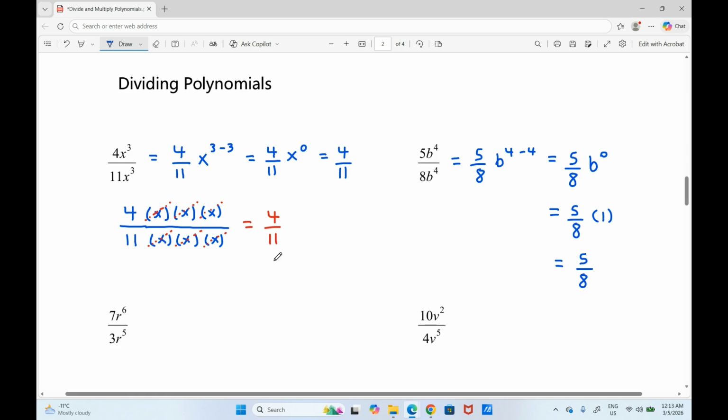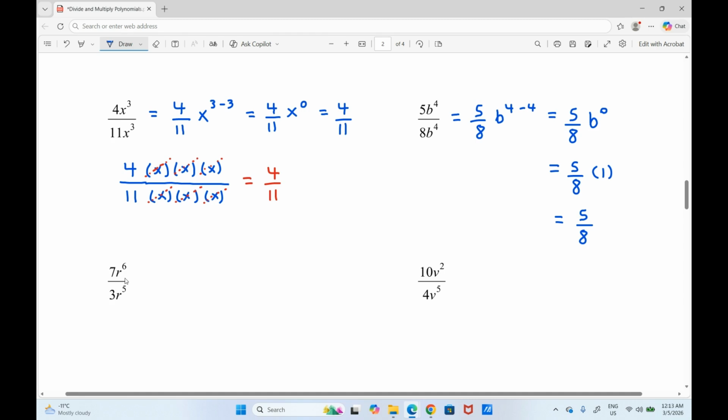Okay, so let's move on to the next question here. 7 times r to the exponent of 6 divided by 3 times r to the exponent of 5. In this case, I'm still going to have 7 divided by 3. I cannot simplify that. For my r, because I'm dividing, I can subtract my exponents. So in this case, 6 minus 5 is just 1. So I'm going to have 7 divided by 3 times r to the exponent of 1. However, any number to the exponent of 1, we can just get rid of that 1. We don't have to write it down. That's usually an invisible 1. So my final answer would just be 7r